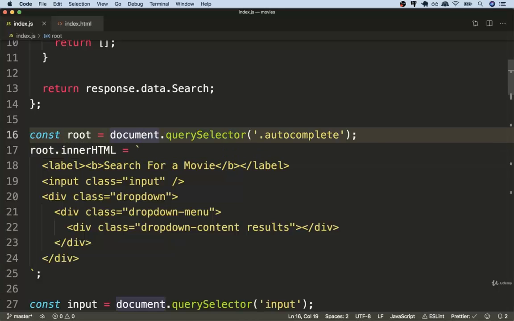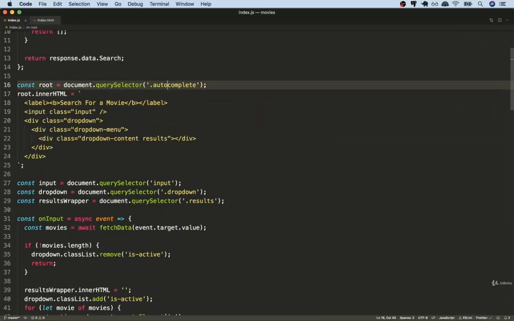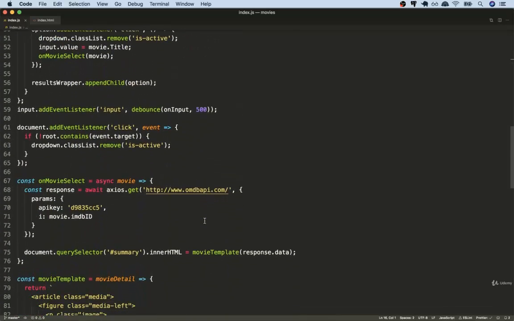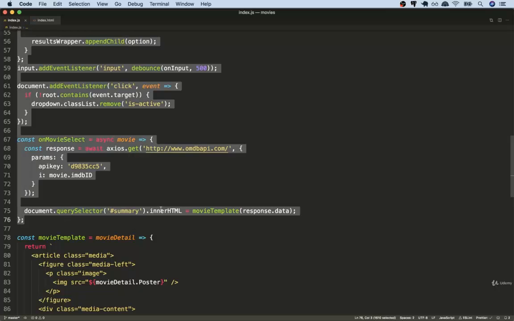Well, to be honest, I'm going to zoom out for this just so you can see this little refactor I'm about to do. Don't make any changes. I'm just going to give you a very quick example here. In order to show the second autocomplete, we would have to take all this autocomplete related code, just about all of it, I think all the way down to like right here or so. We would have to copy all this,